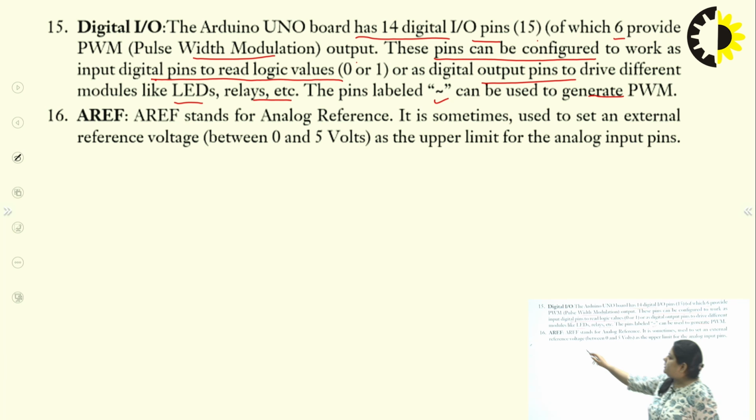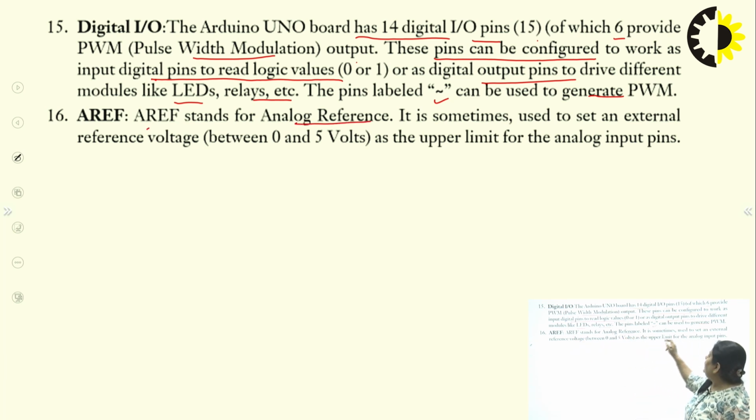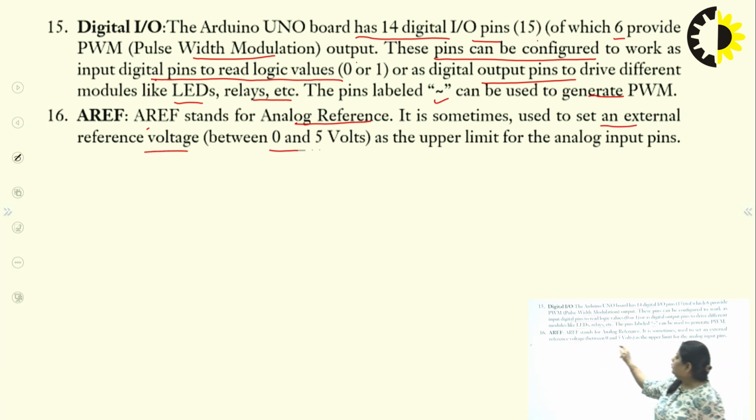Next one is AREF. AREF stands for analog reference. It is sometimes used to set an external reference voltage from 0 to 5 volts as the upper limit for analog input pins. Whenever we want an external voltage for reference, we use this upper limit for analog input pins, for 0 to 5 volts. So this is all about